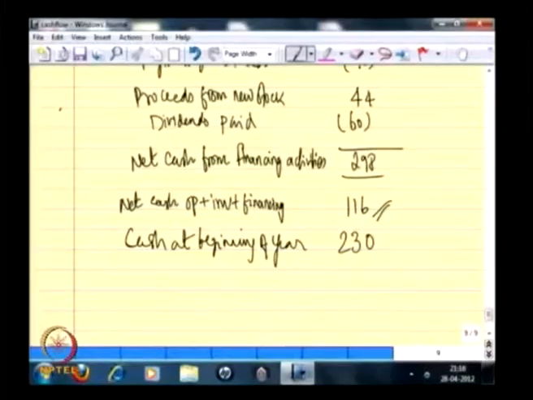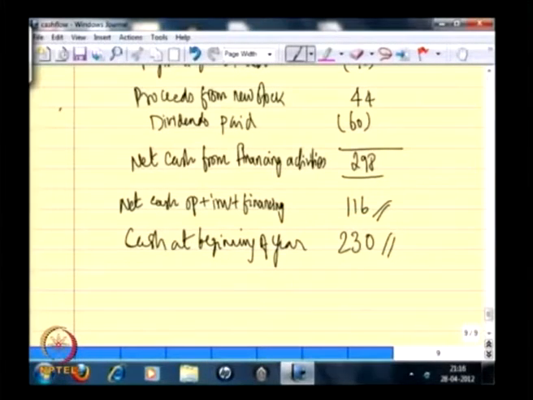In this case, the net cash generated from these three activities is 116, and we need to add it to the opening cash, which is this accounting period's opening cash, available in the balance sheet that I gave you before, which I have written here. It is 230. Now, this opening cash for this year is nothing but the closing cash for the previous year. So, in effect, what we are trying to do is to add the opening cash to this year's net cash inflow or outflow, and see whether it equals the closing cash for this year, and this we can see from the balance